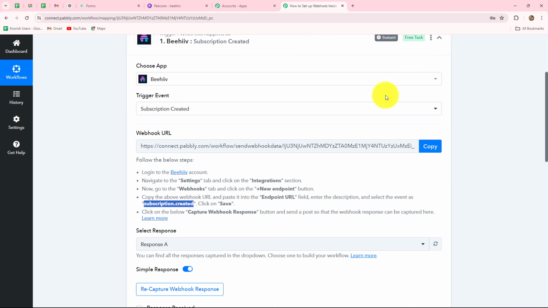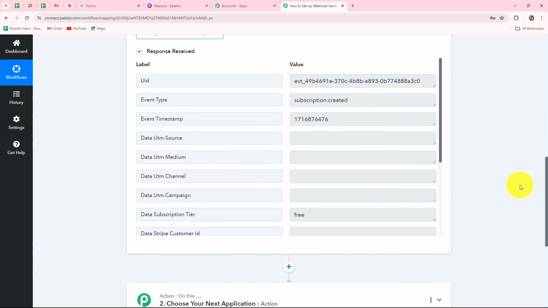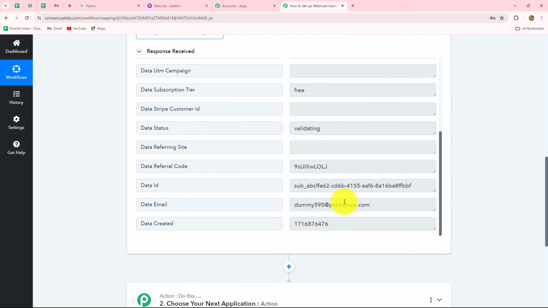So let's go back towards Pabbly Connect. Here we have already received the response, and here in the response we have received one ID. This is the subscriber ID, and here the event type is subscription created. This is the timestamp, that means the date and time at which the subscriber is added, and here are all the details. So among these details we have also received the email ID of this particular subscriber. This means that the connection is absolutely successful because this is the same email which we have entered while submitting